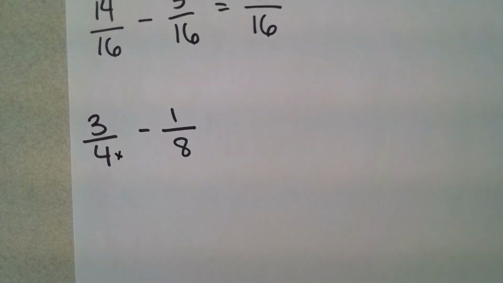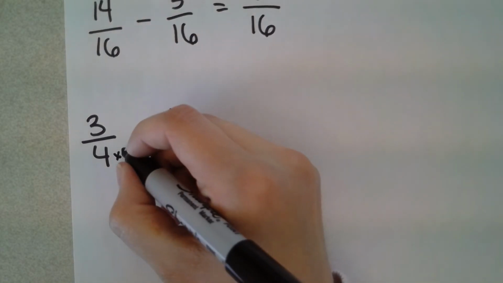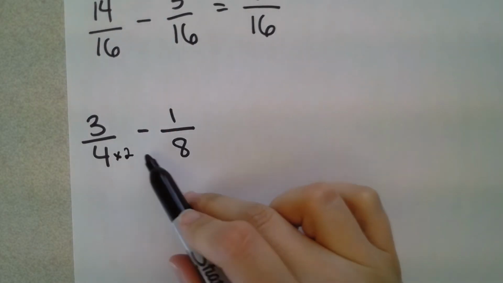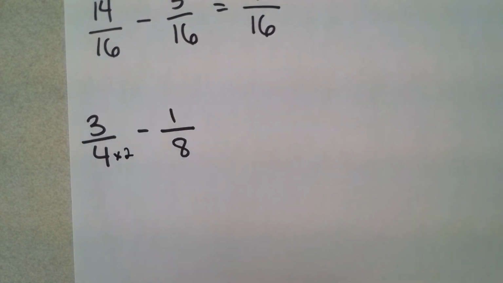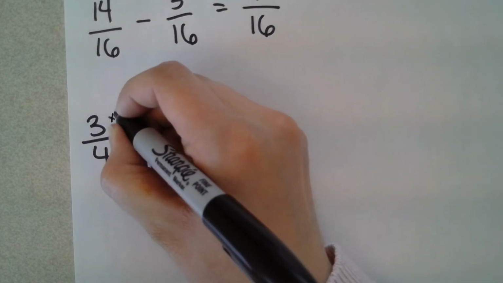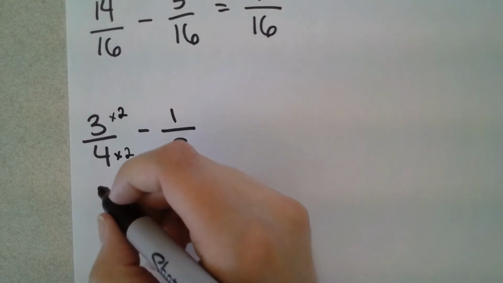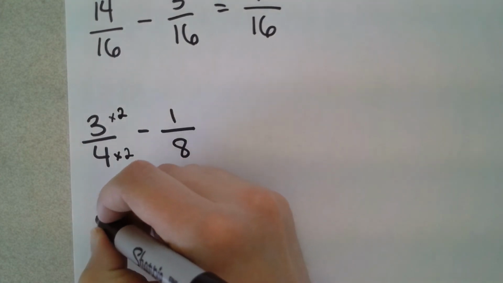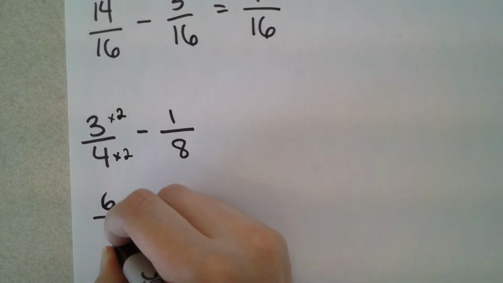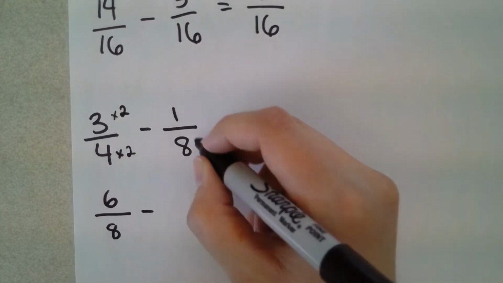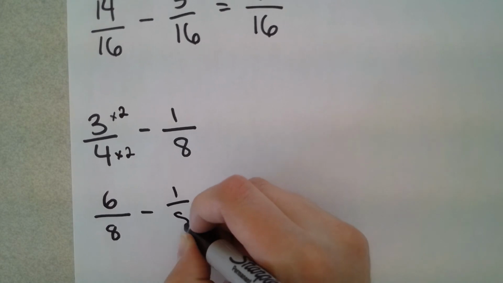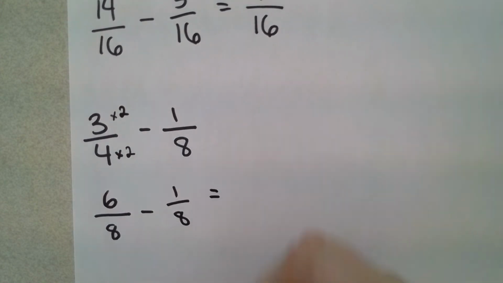And so I'm going to multiply it. And again, I'm going to multiply by 2 because 4 times 2 is going to equal 8, which means I'm going to do times 2 on the top as well. So now down here, 3 times 2 equals 6. 4 times 2 equals 8, minus the same fraction as on top here, 1 over 8, equals